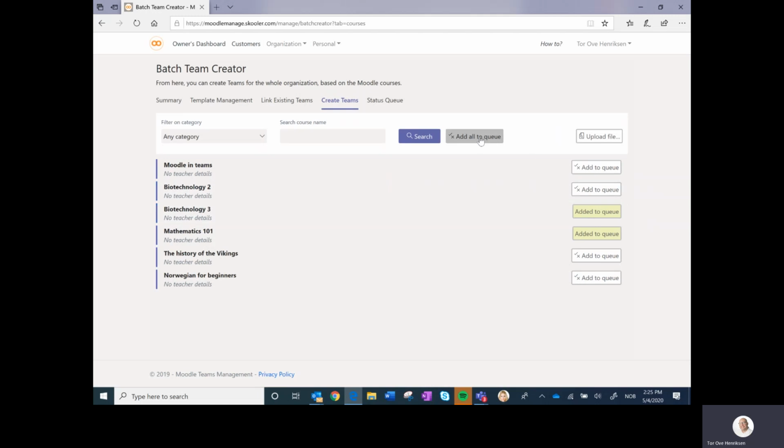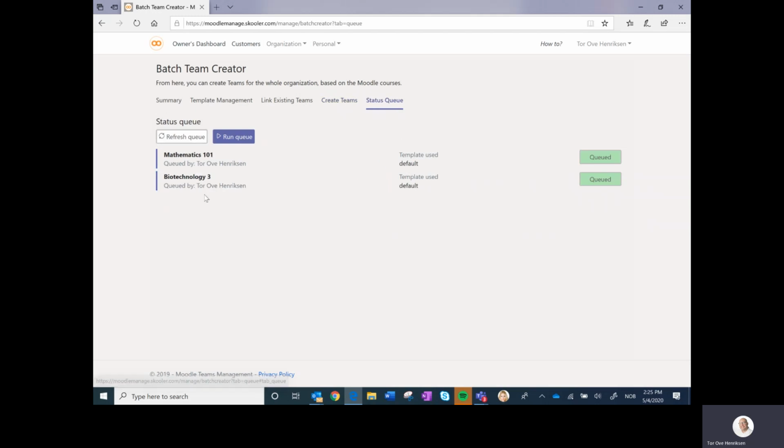I can of course do select all if there's like 100 or 2,000 or 5,000 courses. But now these 2 will be rolled out based upon the settings from the templates. And if you want to look at the status of the queue, you will find them here. If you can't wait 24 hours because this runs nightly, you can then run your queue and it will start